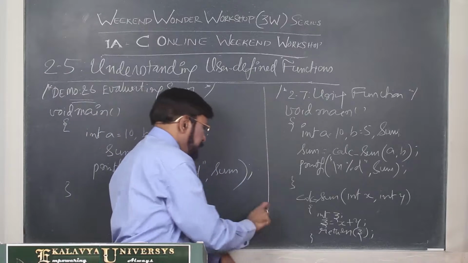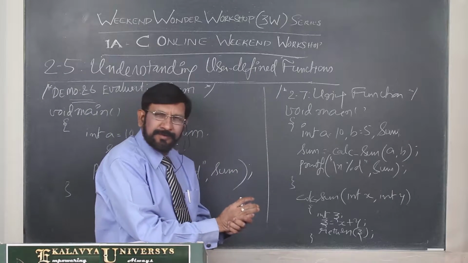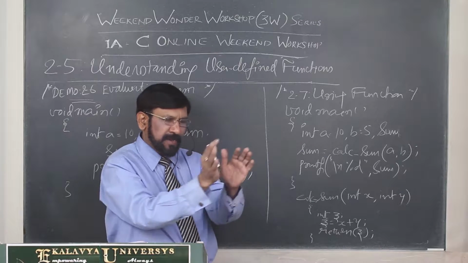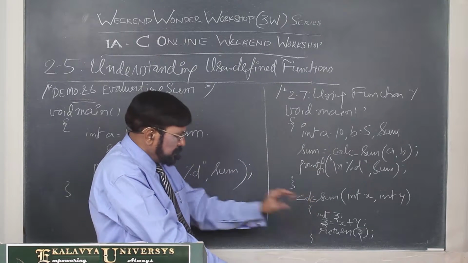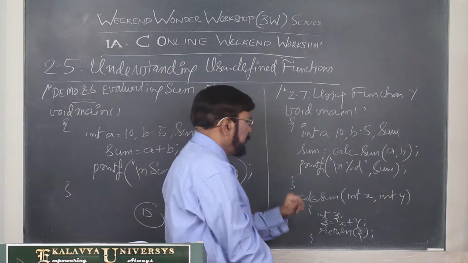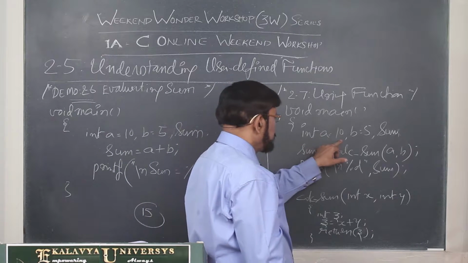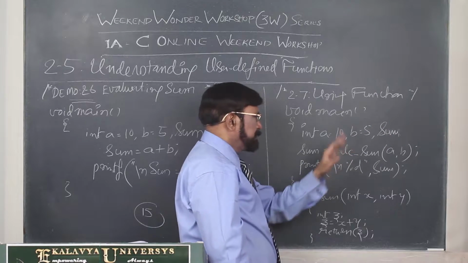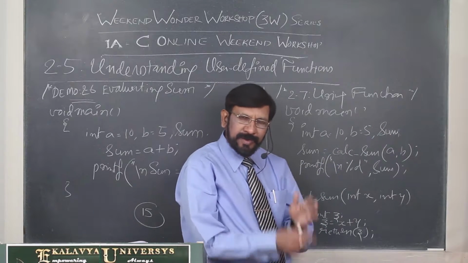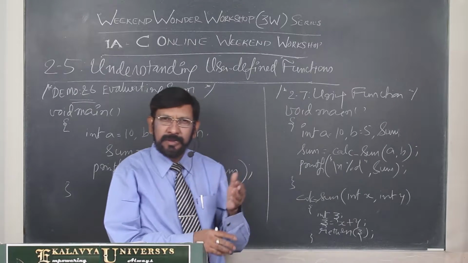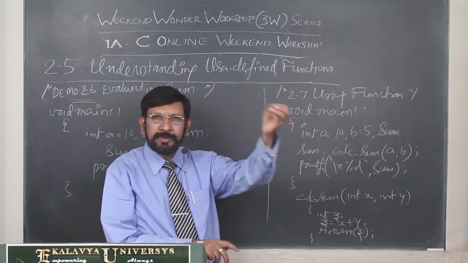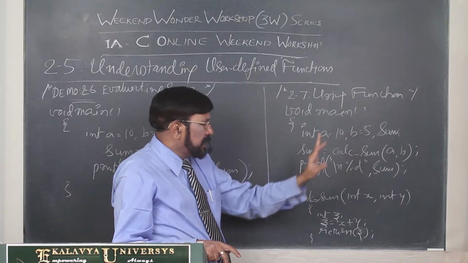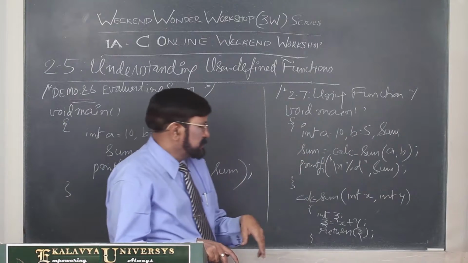Now we are defining a function. Actually, you understand this as a machine which calculates the sum. Like that, you imagine that. Then you see, I show you that int a is equal to 10, b is equal to 5, and sum. These a and b are actual arguments. Why are we calling them actual arguments? Those arguments are the ones we are passing through the function. That's why a and b are actual arguments in this case.